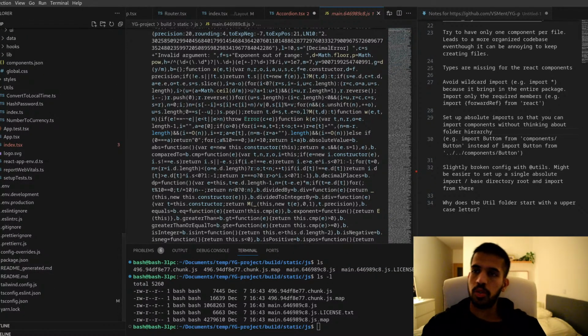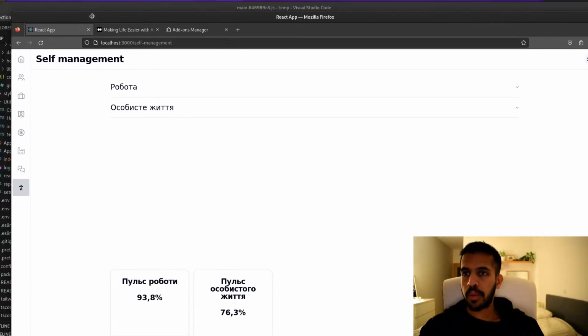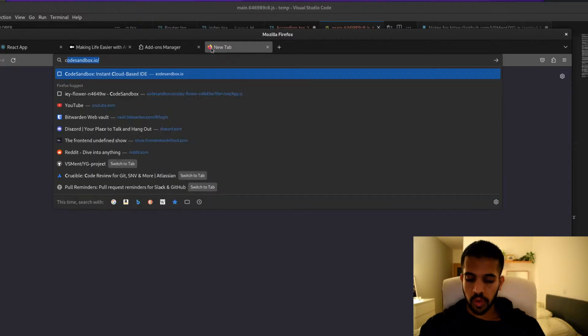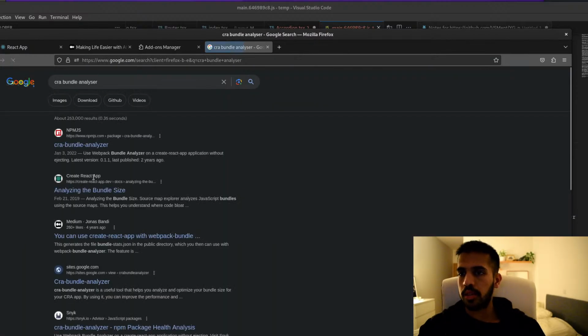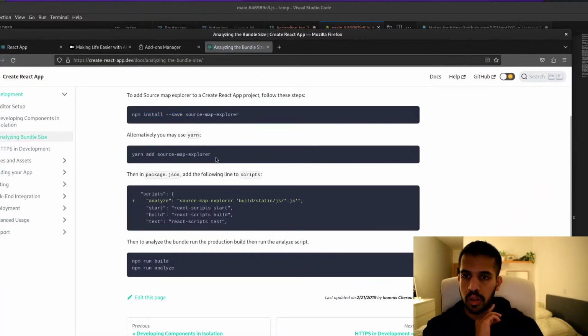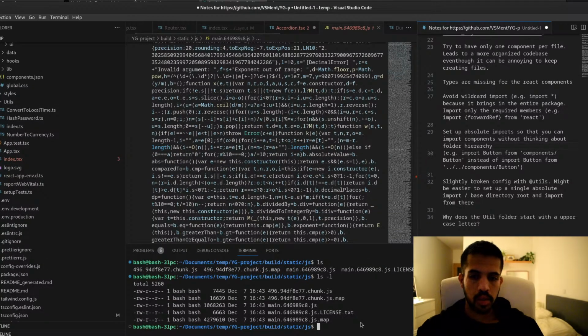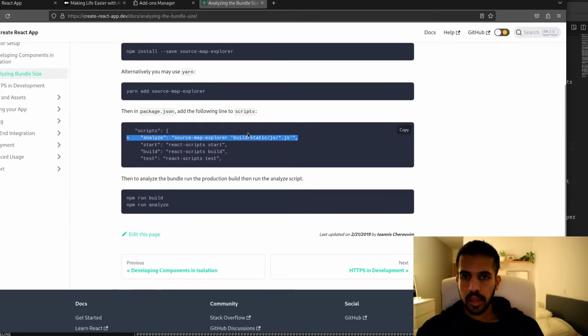You know what? Let's also do a bundle analysis. Let's see which of the packages in this app is taking up the most space. This I always forget how to do, so I'm going to look up how to do it. Analyzing bundle size. You use it with yarn and add it, paste it, and then add this.